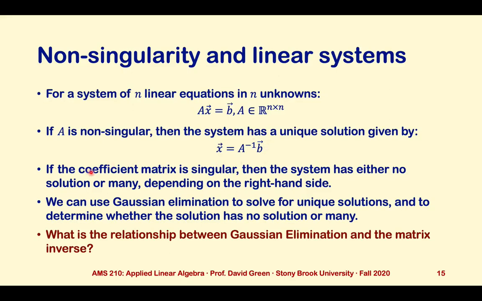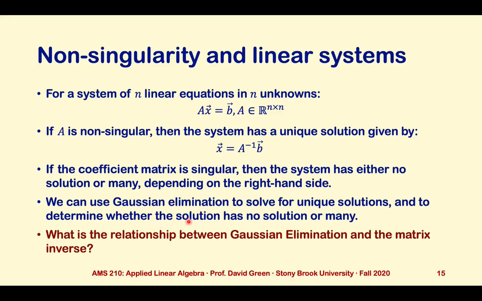And if the coefficient matrix is singular, the system either has no solution or many solutions, depending on what the right-hand side is. We also know that we can use Gaussian elimination to solve for the unique solution when one exists, and to determine whether there is no solution or many solutions as it may be,